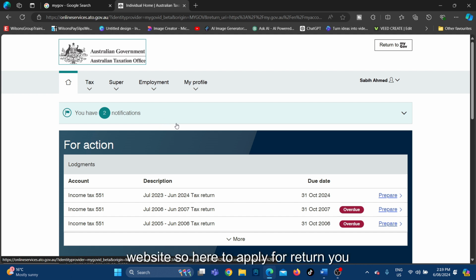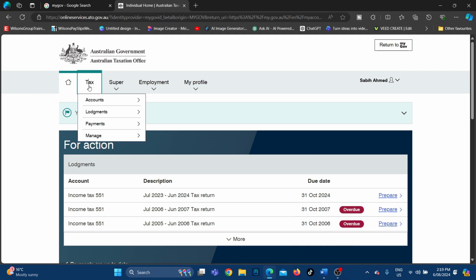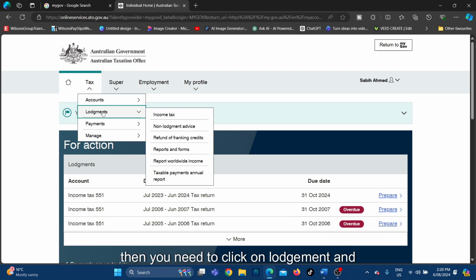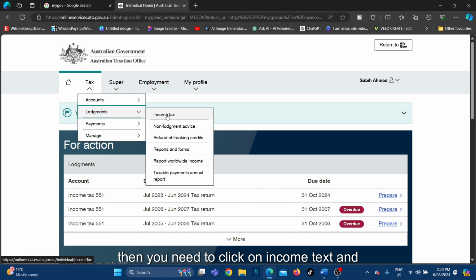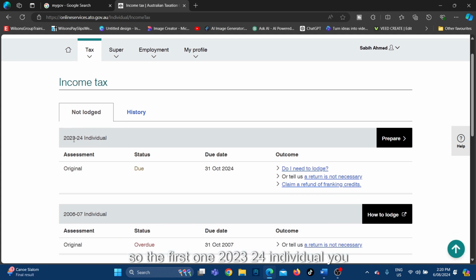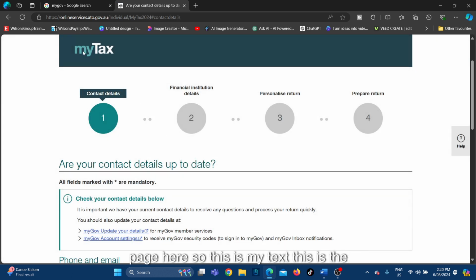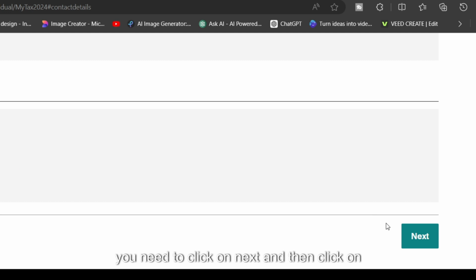So here, to apply for return, you need to click on tax, and then you need to click on lodgement, and then you need to click on income tax. And here you are on this page, income tax. So the first one, 2023-24 individual, you need to click on prepare, right? And then you are going on to another page here. So this is my tax. This is the page I need to go to, and from here onwards you need to click on next, and